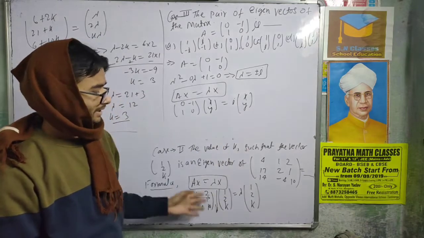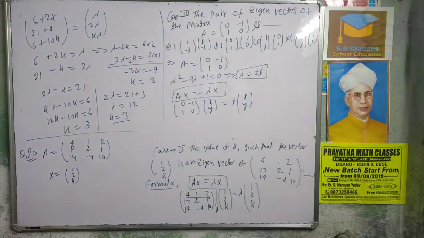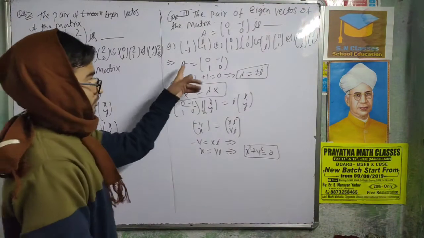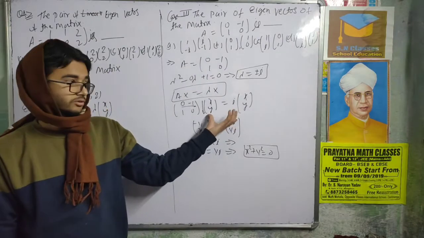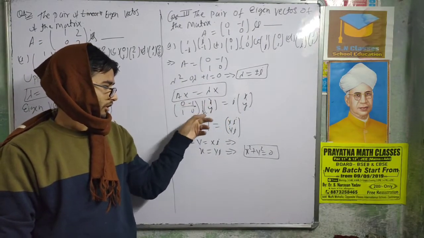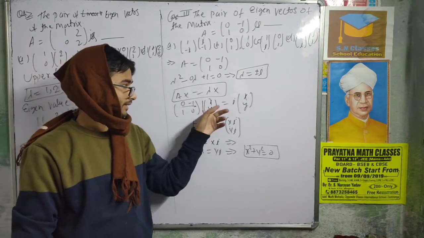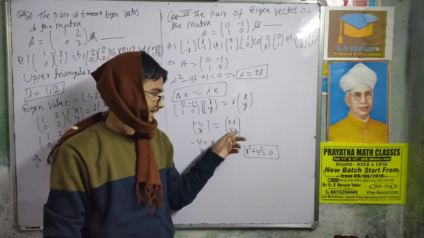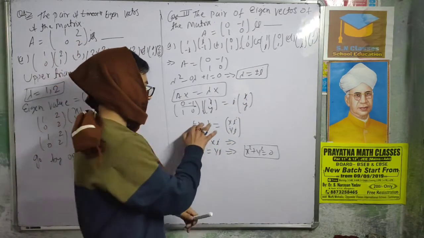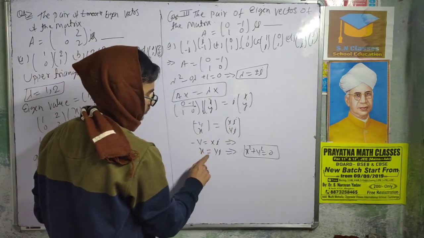So I will create some space, by which time you can copy this. Okay, so in the previous question I stopped here. After that you need to multiply these two matrices, row with column: you will get minus y, row with column you will get x, and on this side i into x, ix, and y into i, iy. Equate the x coordinate with the x coordinate, the y coordinate with the y coordinate. So y equals ix, x equals iy.